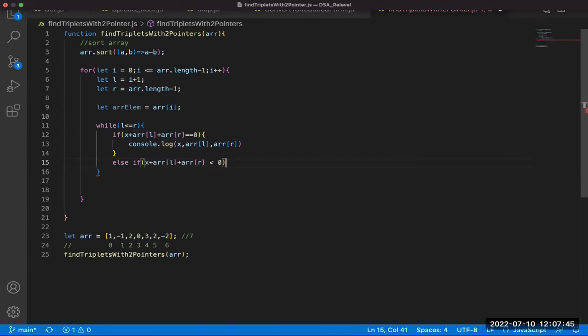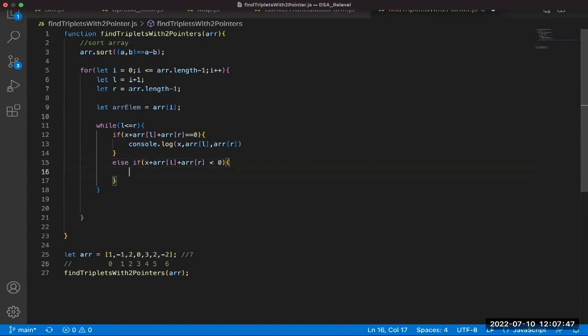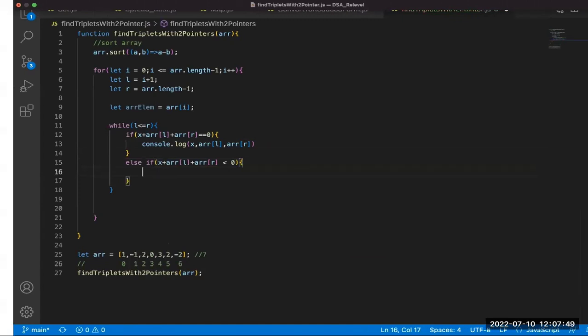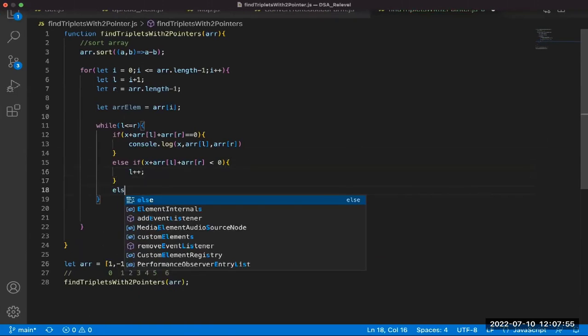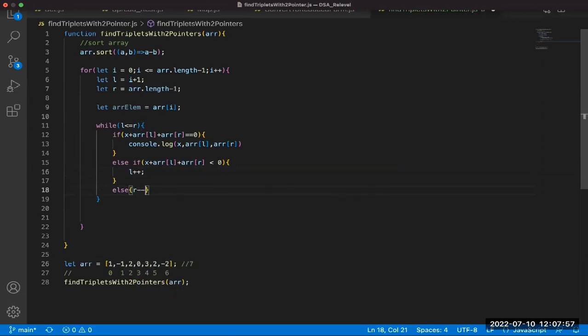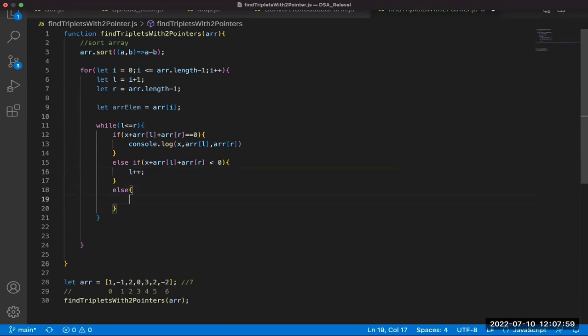Then what will be my case? Then can I say that I just need to increment my left pointer, because I have already sorted my array? Otherwise, I need to just do my r minus minus. Else r minus minus. Can I say that? Right. This is what we have seen till now. So now if I'm going to run this out till now,